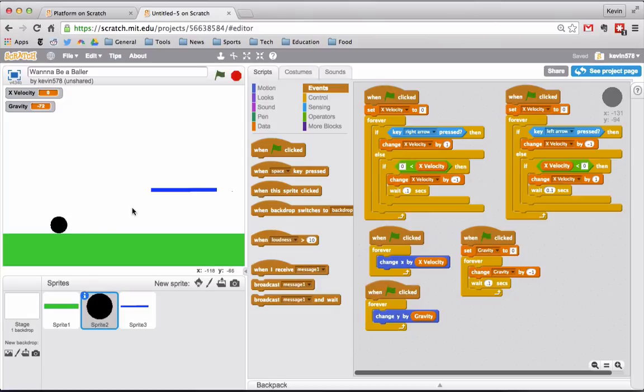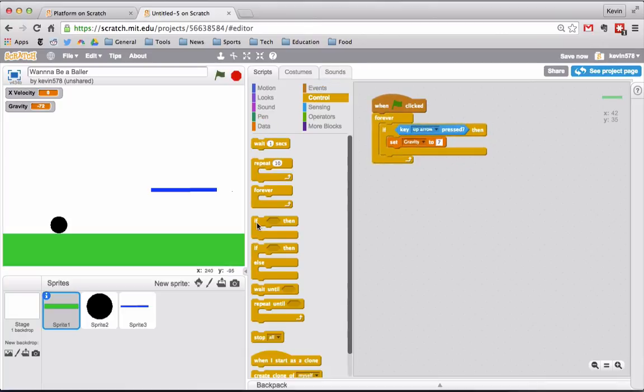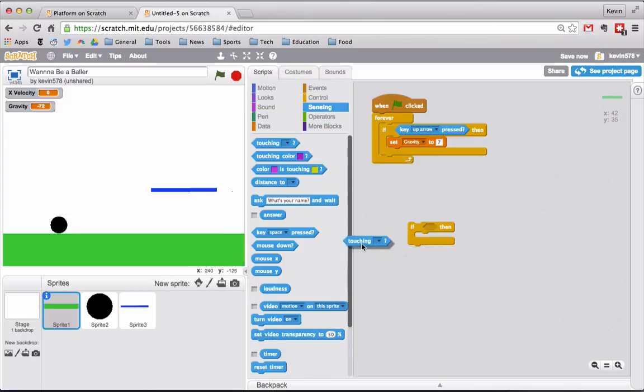So what we're going to do in order to replicate that is I'm going to go back to my green sprite, and I want another if-then statement where if it is touching sprite 3, then we are going to affect it in some manner. Now, I want it touching sprite 3, but I also want another condition to be met, which is not pressing the up arrow, because if it was always doing this, then I could never press the up arrow to get